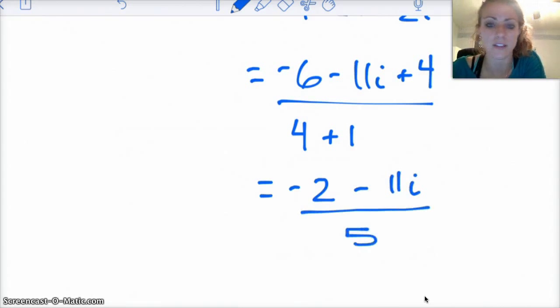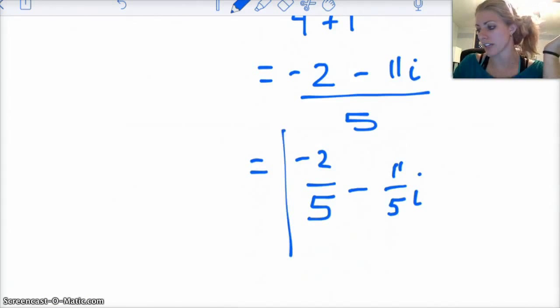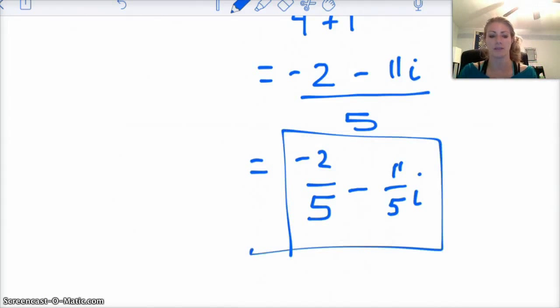divided by 5. And so if we want to write it in our typical form, a plus bi, then just write it as a fraction. So you've got negative 2 over 5 minus 11 over 5i. And then you have your answer. So yes, the division problems are much more difficult than the multiplication, addition, and subtraction. So we'll practice those a little bit more, but the key thing is remembering to multiply by the complex conjugate of the denominator, because what that does is it gets rid of all the imaginary numbers in